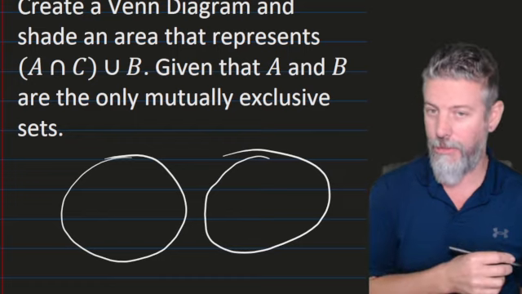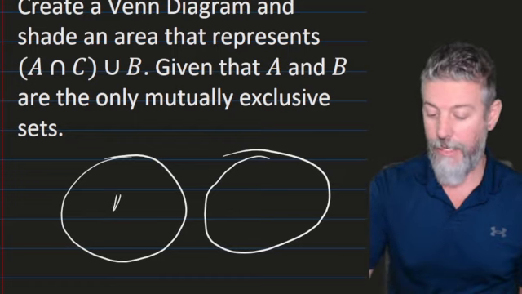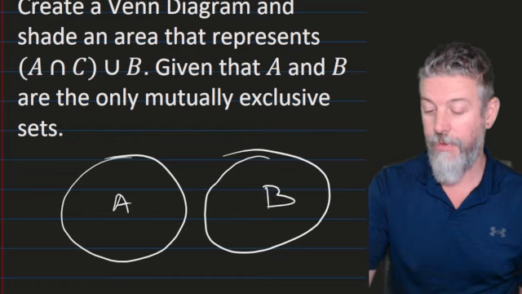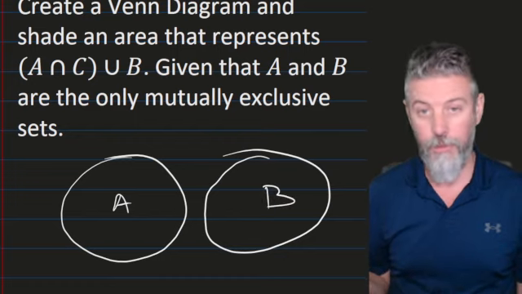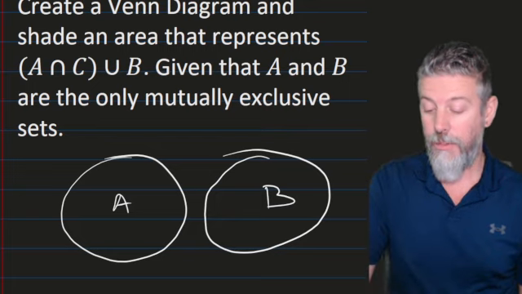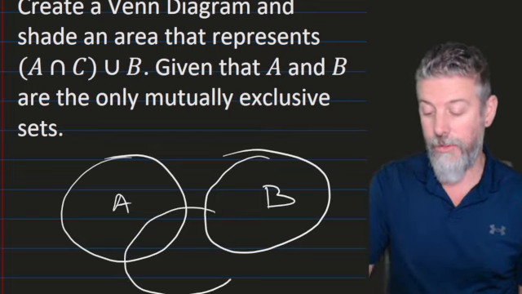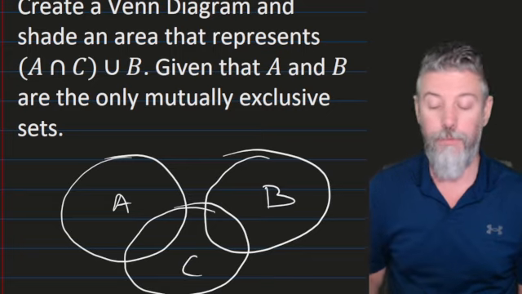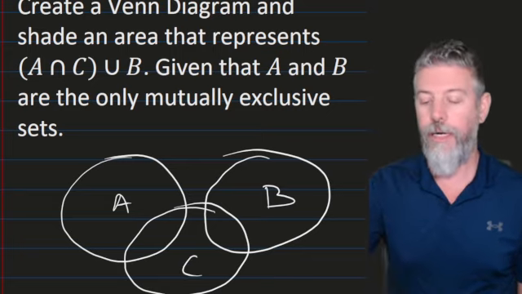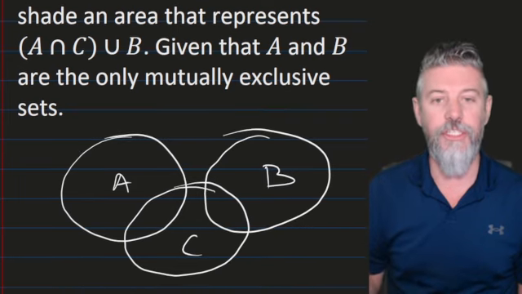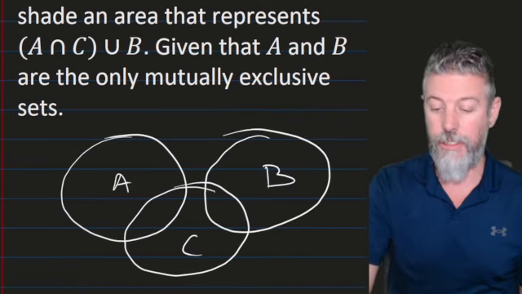Now C is not mutually exclusive to A. I'll label this as A and B. And it's not mutually exclusive to B. So set C is going to include both. Okay. All right, now we want to try and make this shaded expression match the expression that we're